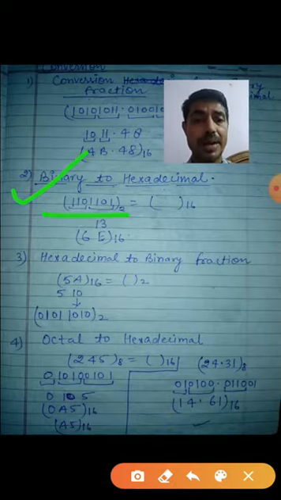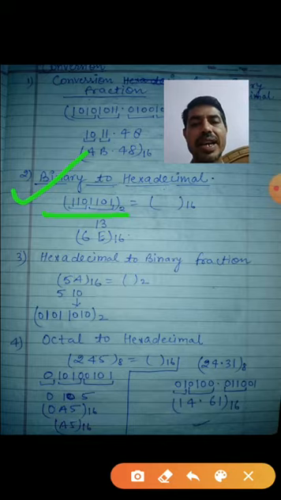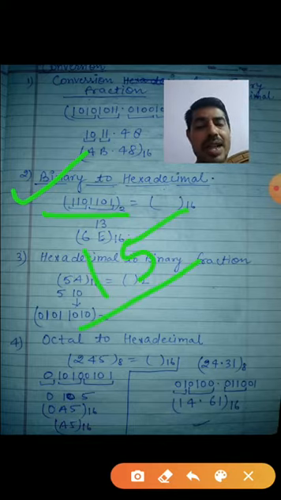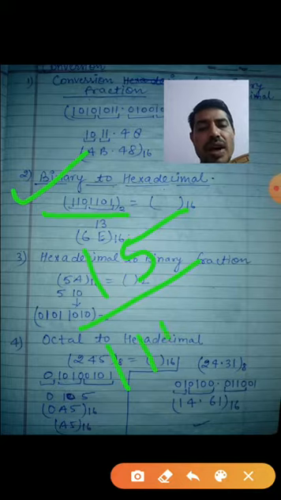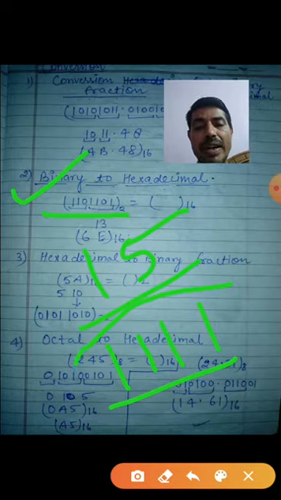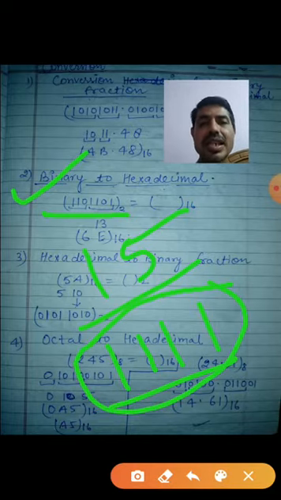Binary numbers are given. My dear, please pay attention once again. Suppose you know the highest number of the hexadecimal. That is 15. You know this one. When you convert 15 into binary form, you can see the result: 1, 1, 1, 1. Four times 1. This is the binary number of 15. 15 is the highest number of the hexadecimal digit.